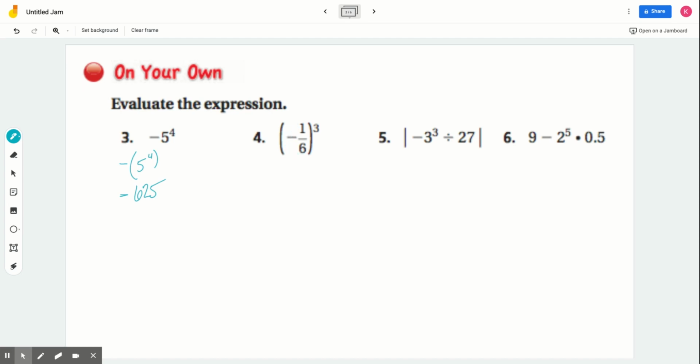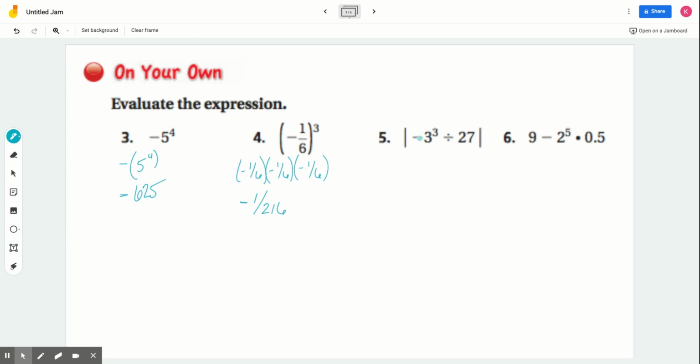You go ahead and try to solve this one and take a try at number 5. Now that we've looked at number 4, we know that -1/6 times -1/6 times -1/6 is the same as -1/6 to the 3rd power. Now, negative times negative times negative is a negative answer. And when we multiply fractions, we go straight across the top and straight across the bottom. So 1 times 1 times 1 is 1. 6 times 6 times 6 is 216. So our answer for number 4 would be